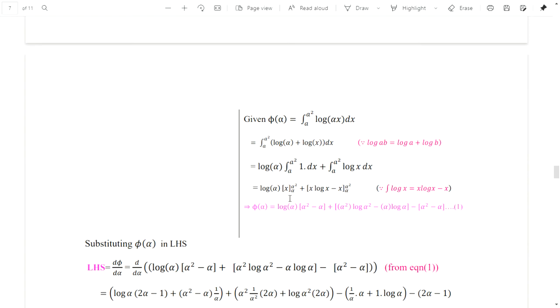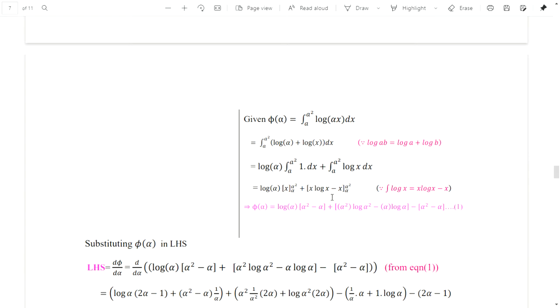So log alpha is written as it is, and we know that integral of 1 is nothing but x. Since we evaluated the integration, the limits are written on right side, alpha to alpha square plus integral of log x. We know that integral of log x is equal to x log x minus x. So in place of integral of log x, I written x log x minus x from alpha to alpha squared. That implies phi of alpha is equal to, let us apply the limits in place of x, so that we will be getting log of alpha into, in place of x apply upper minus lower limits, alpha squared minus alpha plus